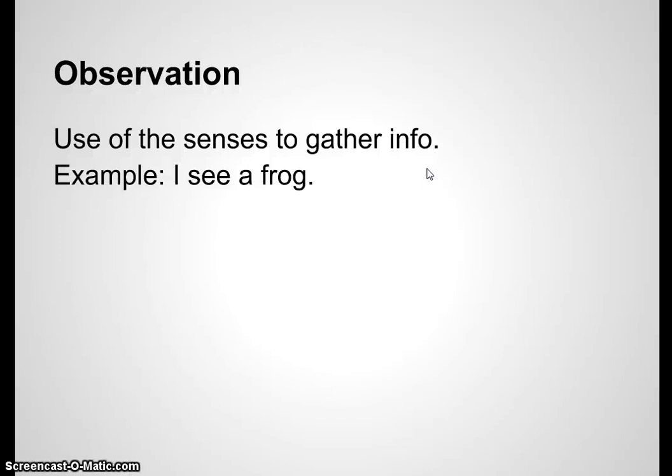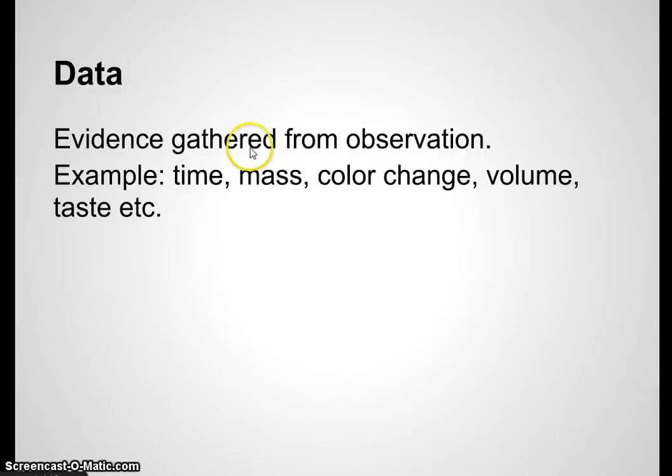So very simple example, I see a frog. There are other observations I can make about the frog. The frog is green, the frog is large, the frog is living in a lake. Those are different things that I would gather with my five senses. Examples of those things that I would gather would be any kind of data, any kind of evidence I gather